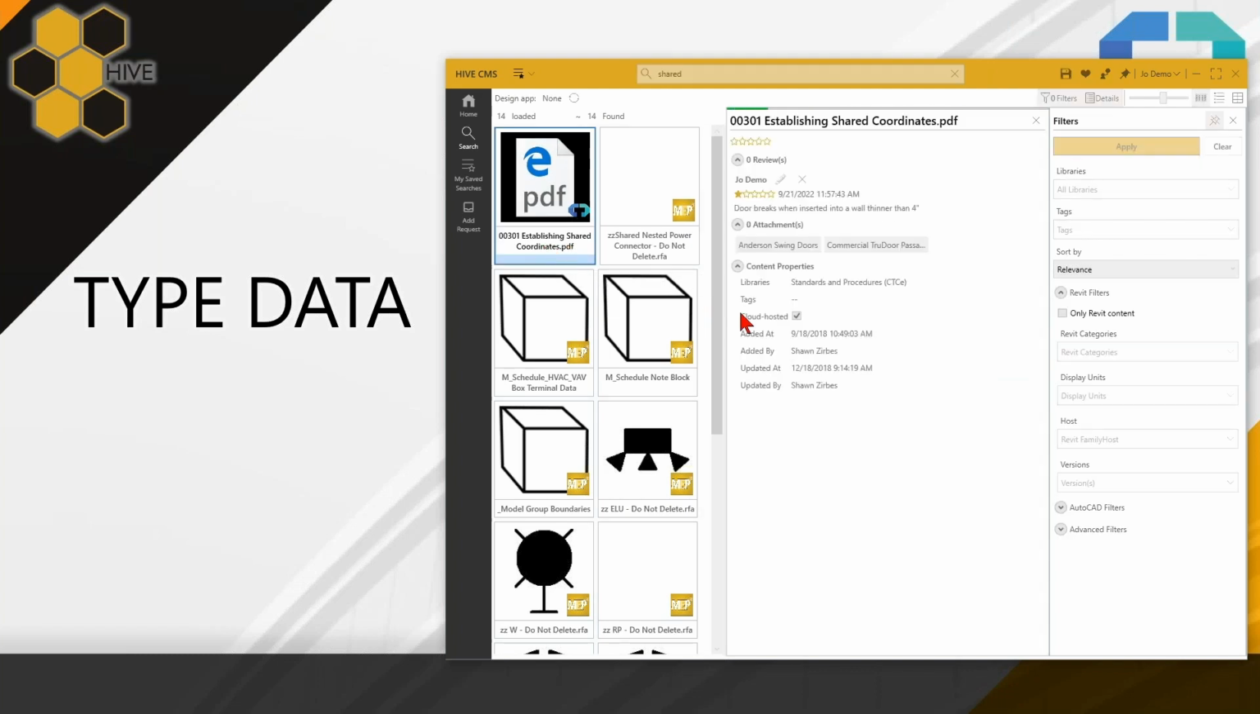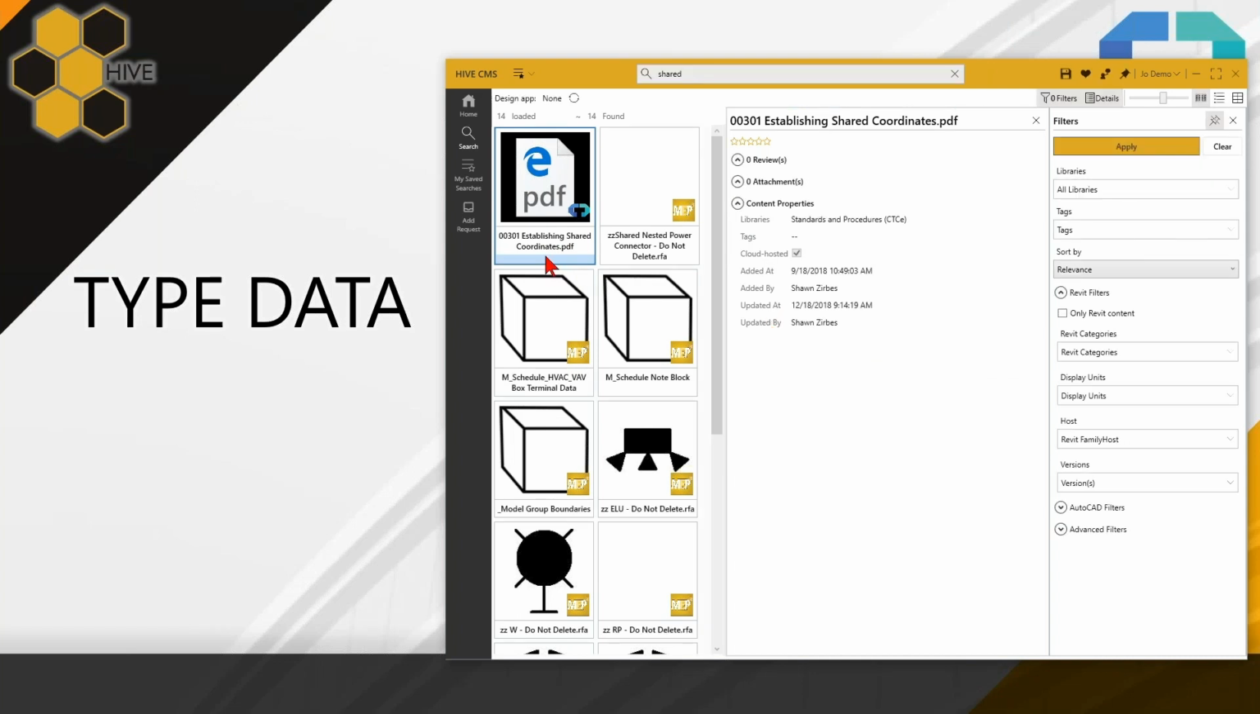This PDF will tell me information about the shared coordinates document. So once again, there's reviews, there's attachments. This time, however, there's just content properties. There's no extra data about this particular file that is searchable. So it's the name, who uploaded it, what libraries it's a part of, and if there's any tags. The vast majority of Windows files will have this setup, where there's not a lot of sub data